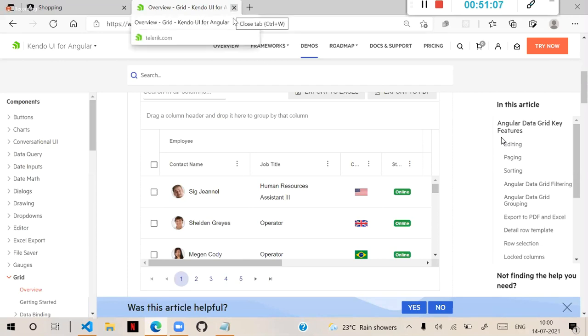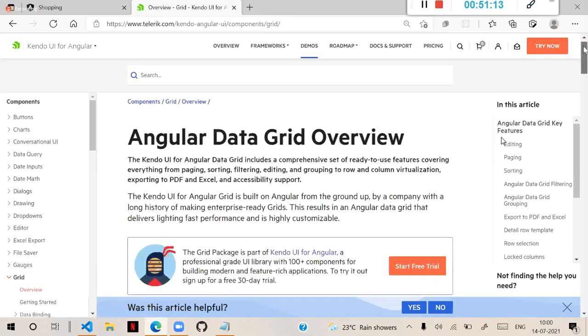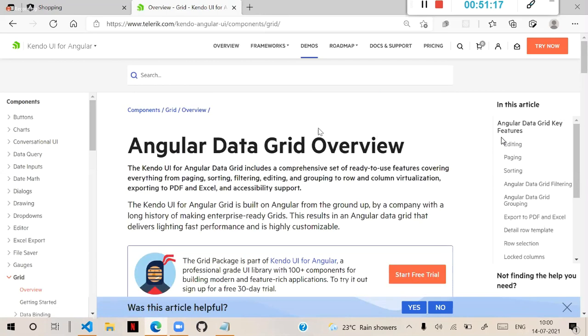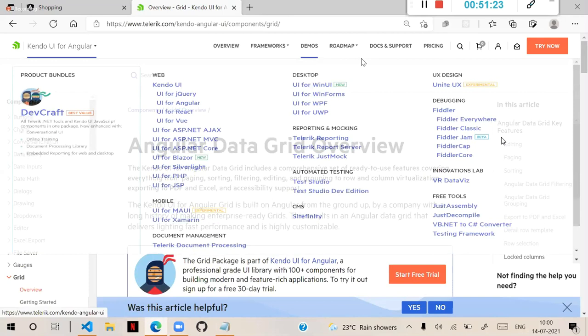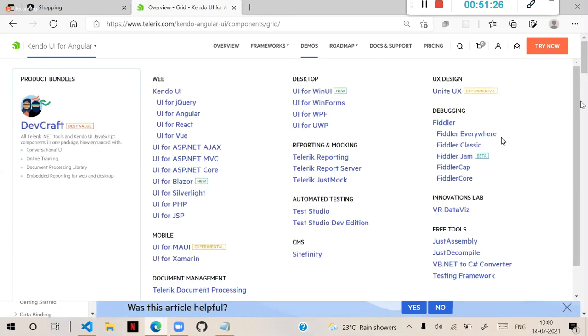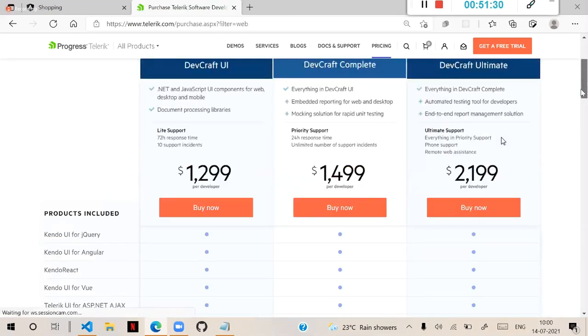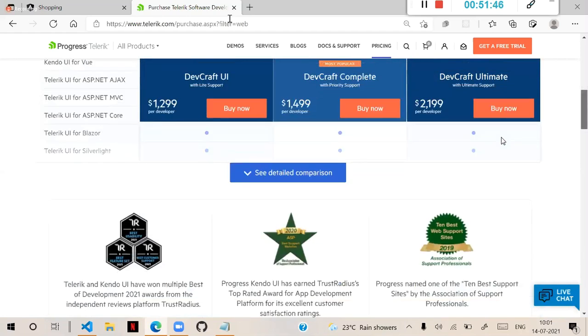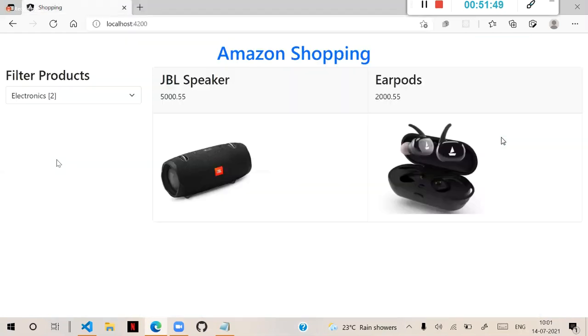Now we will see how to use it. This is paid source. It's not free. For any Telerik component you want to use, you have to purchase Telerik. I just showed you a third party that these are the popular people. You have to purchase the library from Telerik. It's very costly, $1,200 per developer per year, depending on what components you want. But they provide complete support. Now the point is how to use such